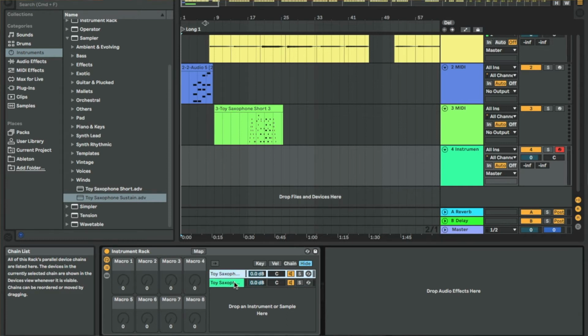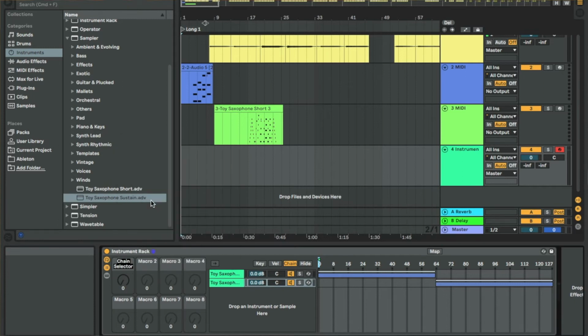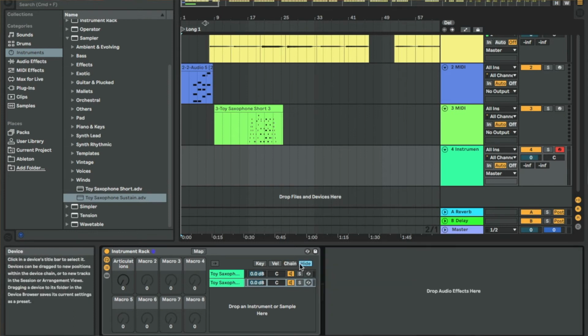At the moment, if I play, it's going to play both of them. I want to assign this first macro knob to be a selector to choose which one of those two sounds is going to be played. So I'll just open the chain tab. I'll set the first sound to a range of 0 to 63 and the sustains from 64 to 127. Map that range to the first macro. I'll name that articulations, and then